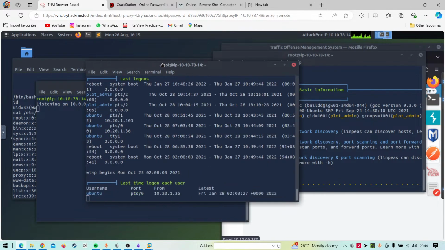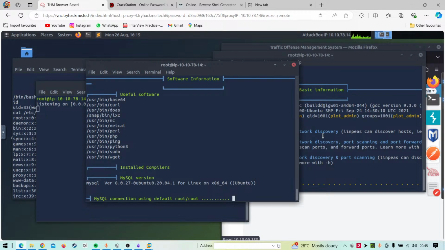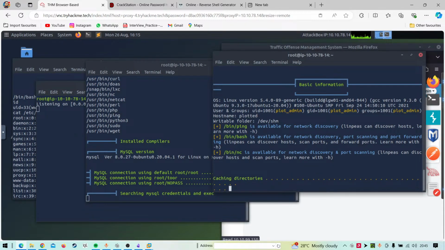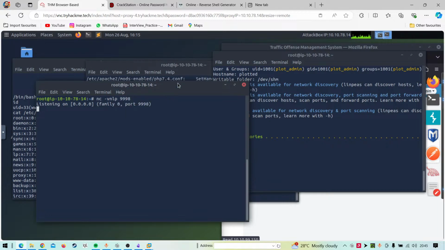What is happening? I think the machine is kind of bugged. I'm not even getting a reverse shell. Oh God.